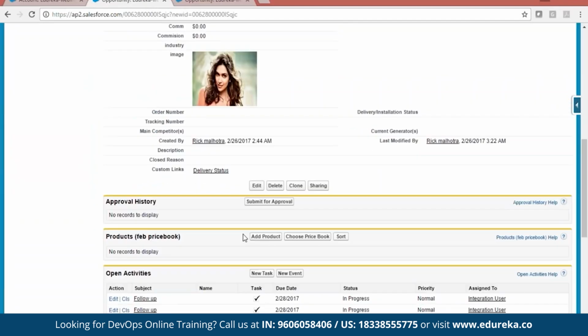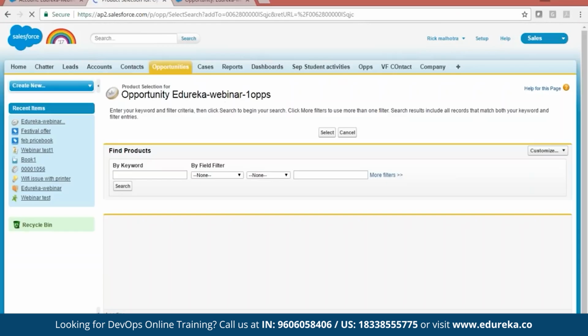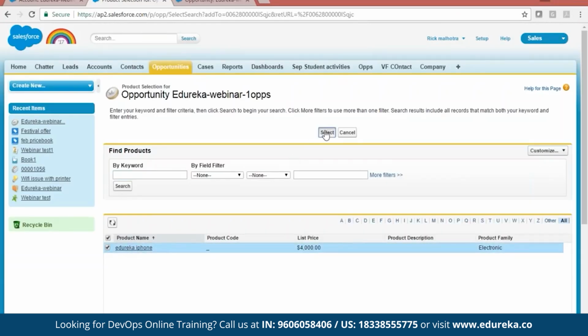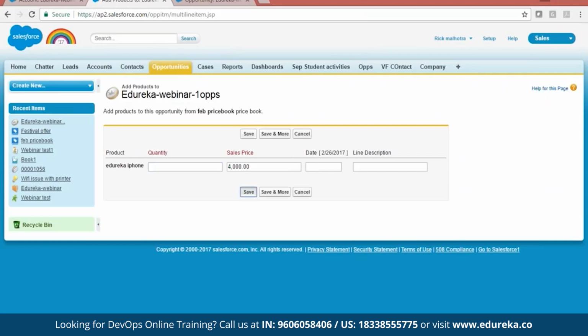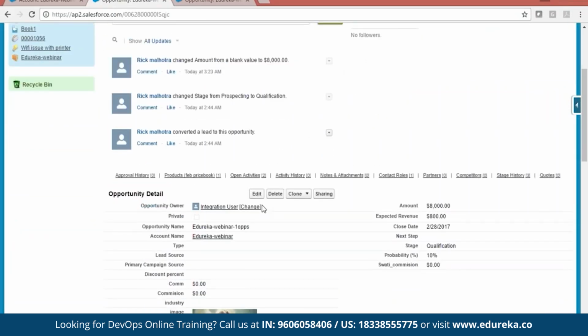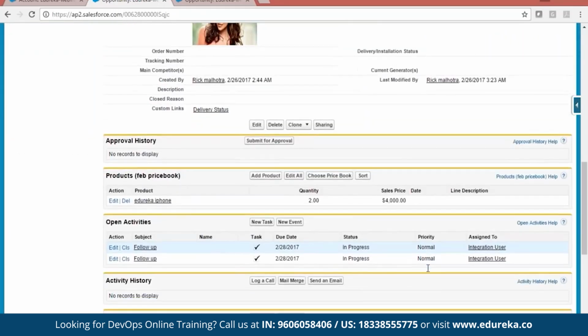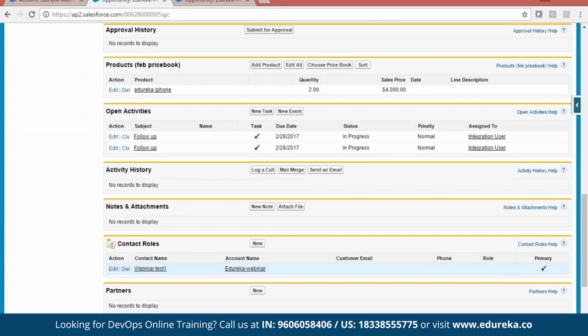So let's save it. Now I can add a product. From this price book I only have one product, so let me add it and done. Now quantity, I want 2 iPhones. Save it. The moment I do all these things, by default amount got locked, and amount will be exactly the amount offered in my price book. So these things are very simple. So this is just an instance, or like a small example how to do all these things.